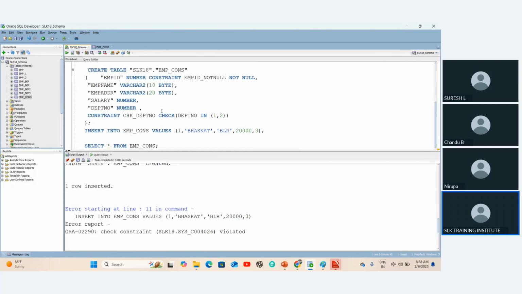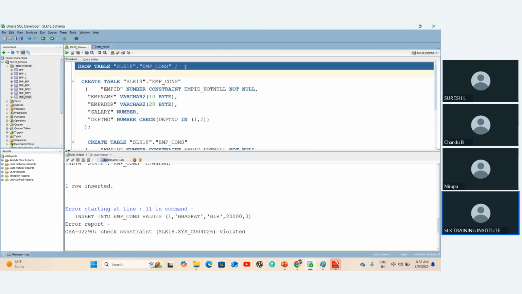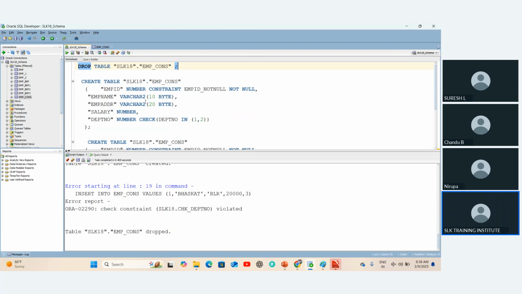And next we also have a default constraint, which is not in the material, but I'll explain that. So the default constraint will be used